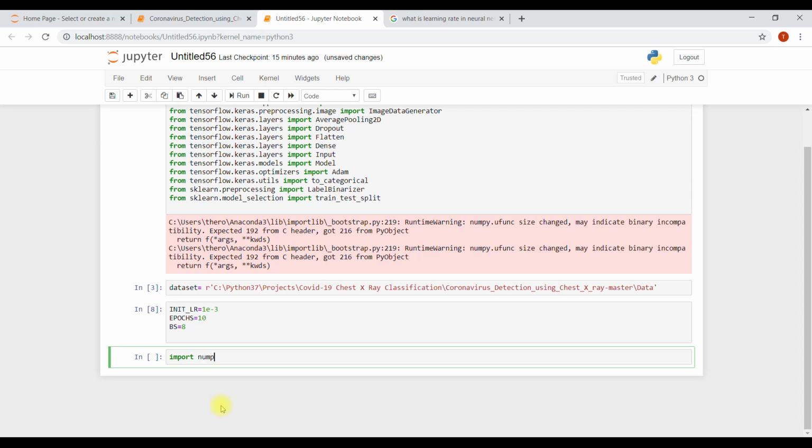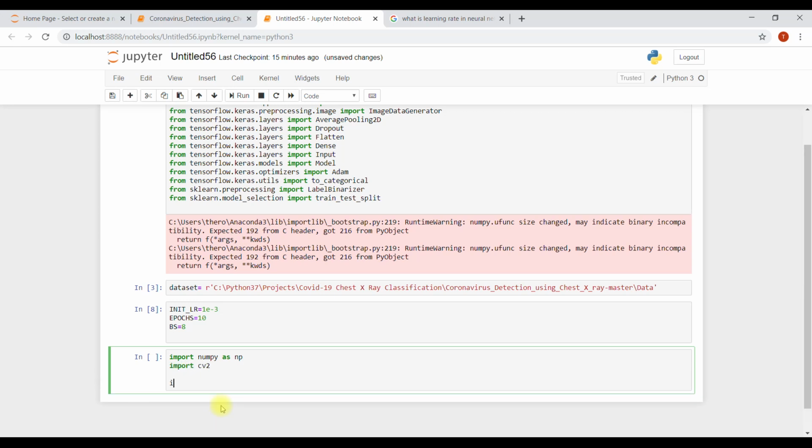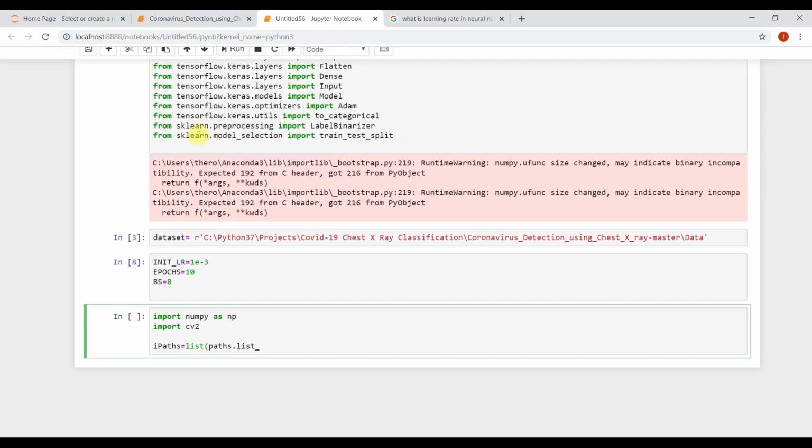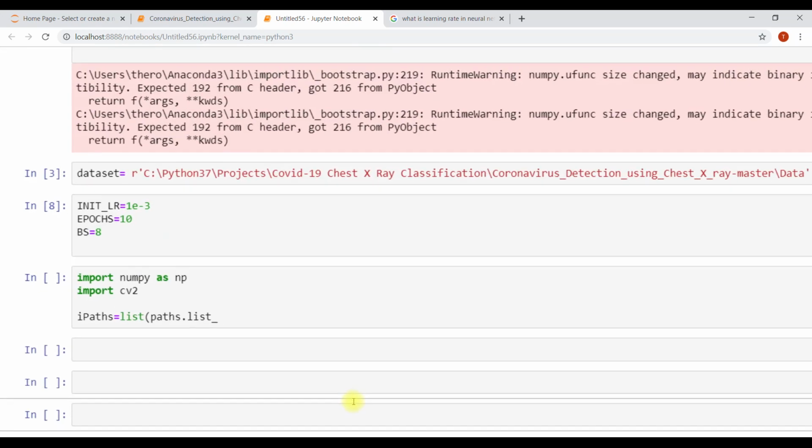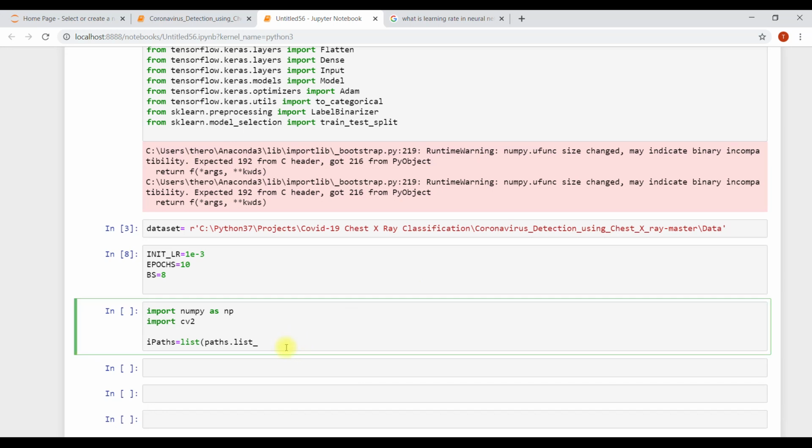Import numpy, which you know is used for computational tasks, and we're going to import cv2 and paths. Image paths is equal to a list of paths, which means we are defining that this should go into that folder and extract the list of images in the data set.